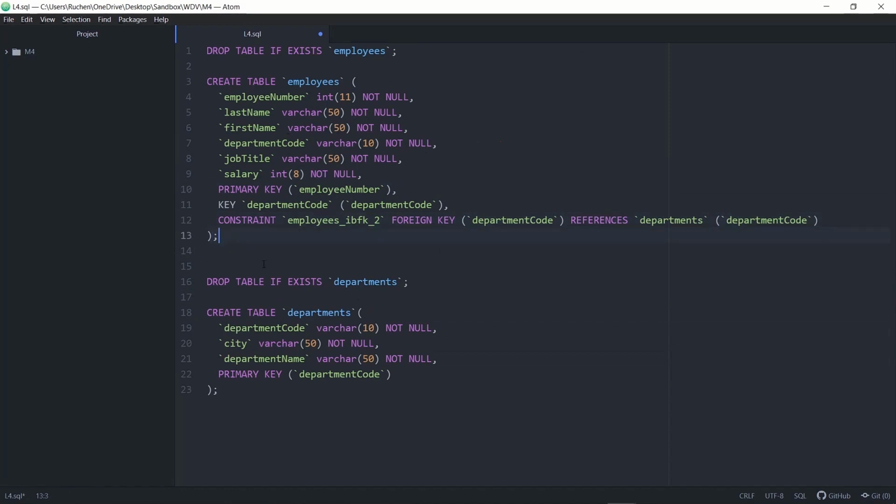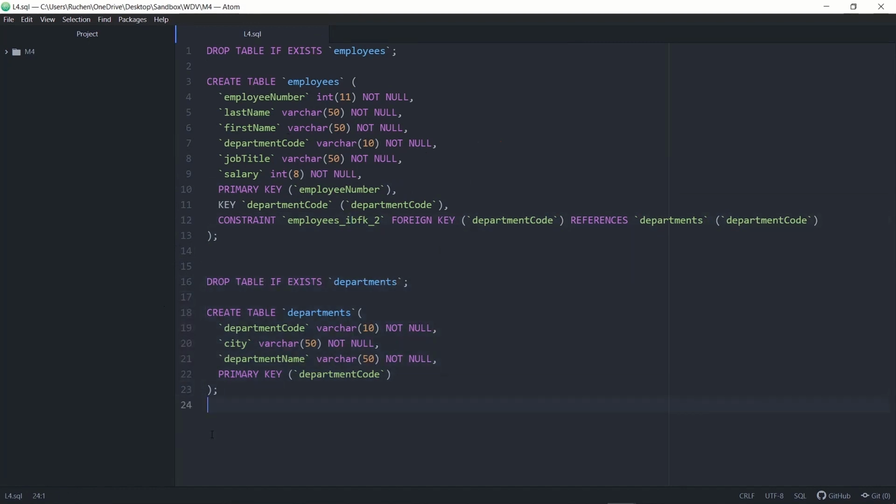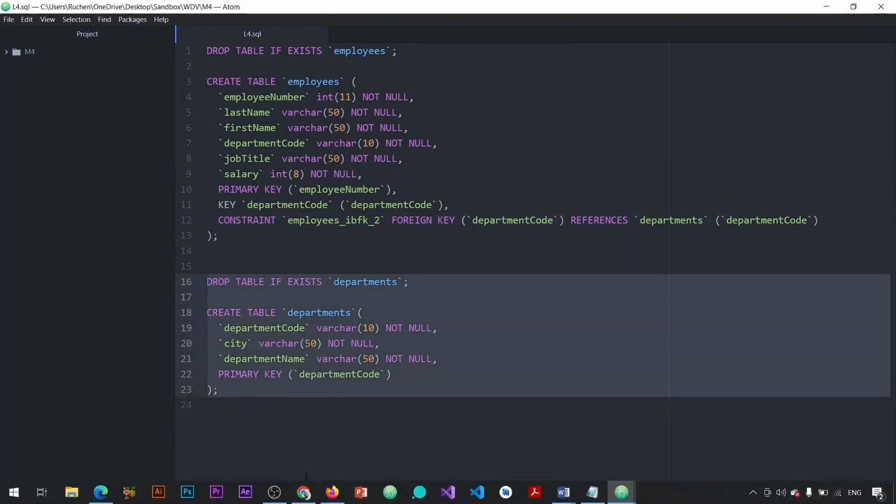And then I'll close this off over here, save the script. Now, fingers crossed, and let's run our code and hope that we don't have any errors. So the first block of code I'm going to copy is the one where I've created my departments table. Because remember, we want to enforce this primary key, and we want to make sure this primary key is available for our employees table. So I'll go ahead and copy all this over here,